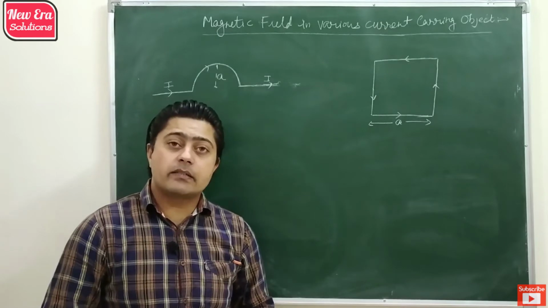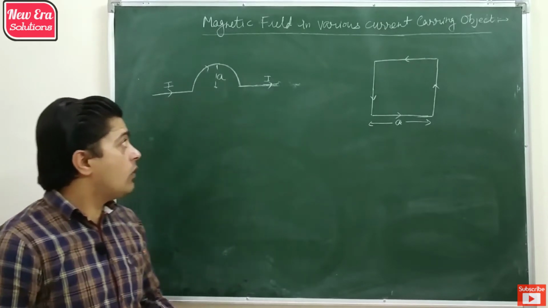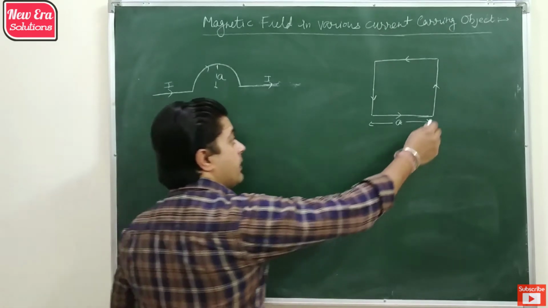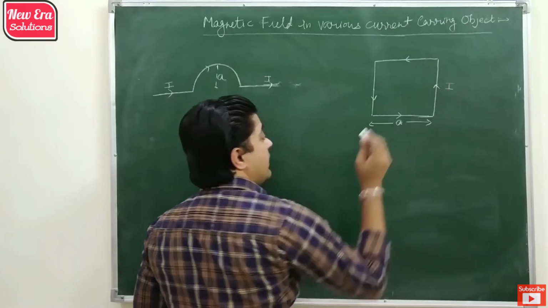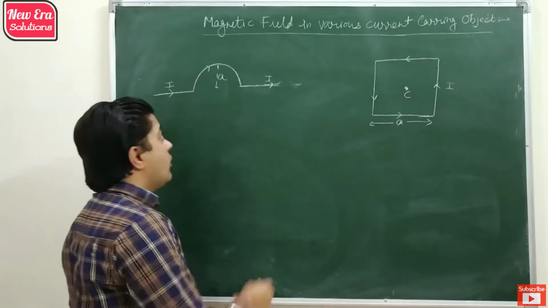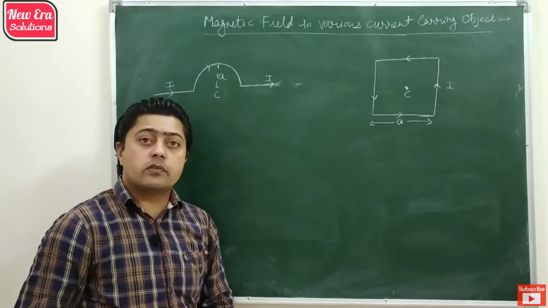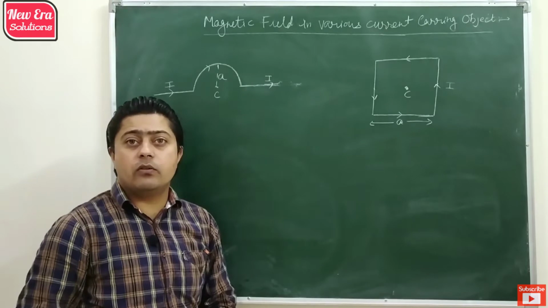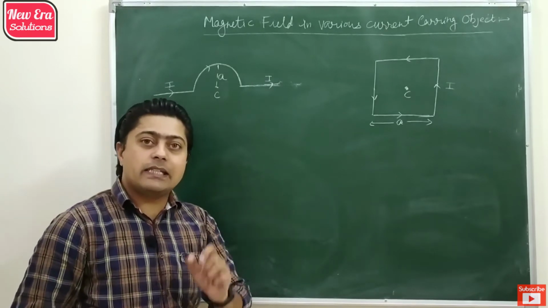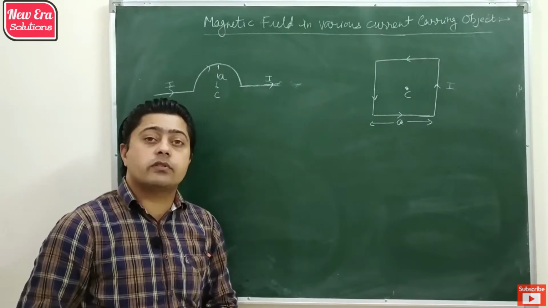Now let's take some examples to illustrate the application of Biot-Savart's law. We have two different structures in which a steady current I is flowing. Then we have to find the magnetic field at the center of these structures. To apply Biot-Savart's law, we have to break down the structure into small segments, and each segment is broken from the joints of those structures.